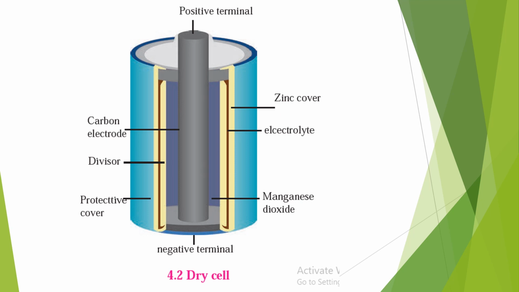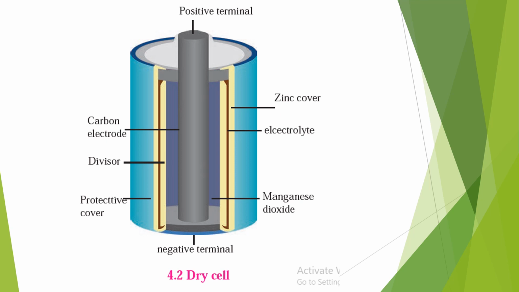Dry cell. If we remove the outermost cover of the dry cell, we will find a whitish colored layer, which is the zinc layer. The zinc acts as a negative terminal. The zinc layer has in the center an electrolyte. Electrolyte is nothing but a wet mixture of zinc chloride and ammonium chloride. What are these going to do? They contain negatively and positively charged ions, because of which charge will be generated.